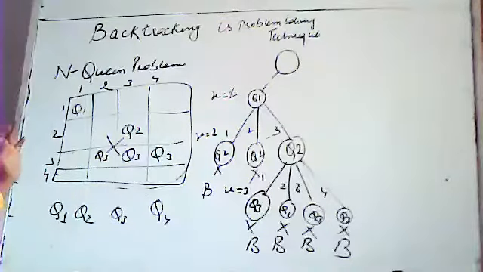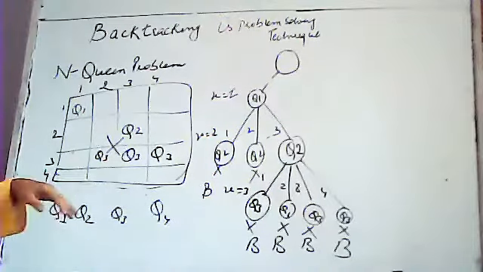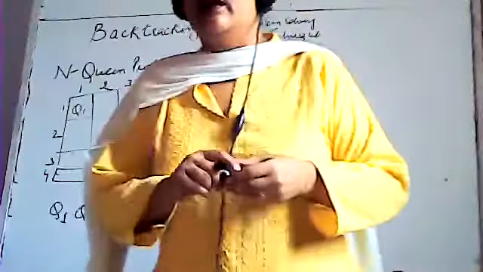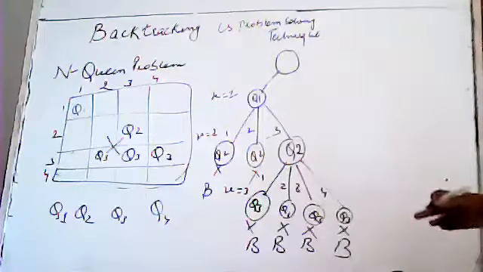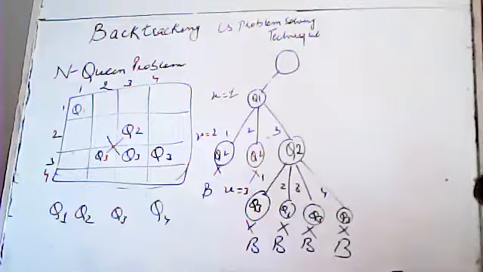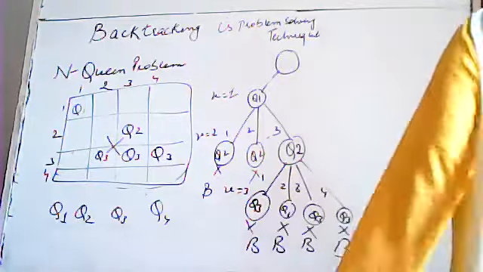Yes? Okay. Now what we have to do? यहाँ पे तो हमारा रास्ता बंद हो गया and we will not be able to move to Q4. अभी we are not able to place Q3. How can we place Q4? We will not be able to. तो हमें क्या करना पड़ेगा?